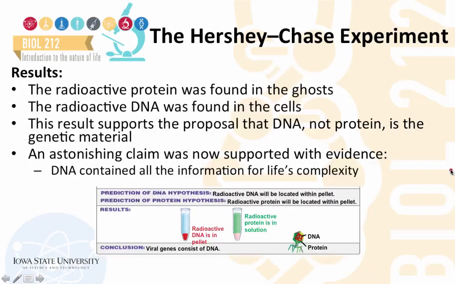After completing their experiment, Hershey and Chase found that radioactive protein was found in the supernatant of the tube, which consisted of radioactively labeled protein, and not in the pellet, which was settled at the bottom of the tube after centrifugation. The radioactively labeled DNA was found in the pellet, which indicates that viral genes that were injected into the host cell in both cases are actually made up of DNA